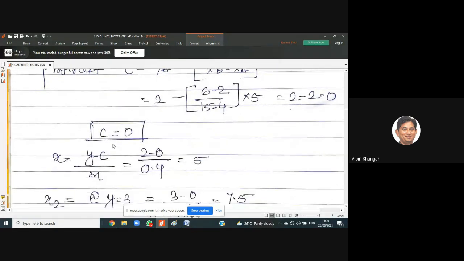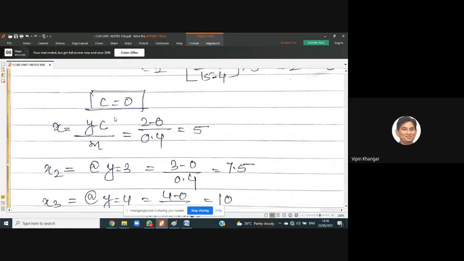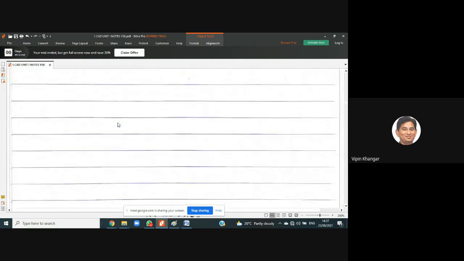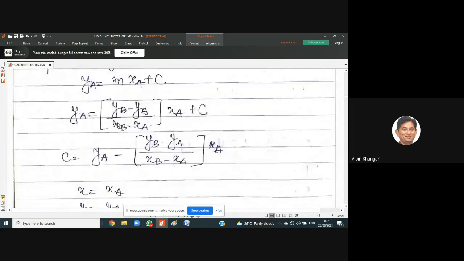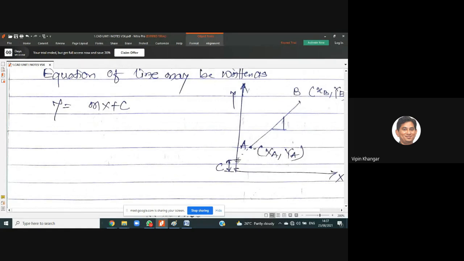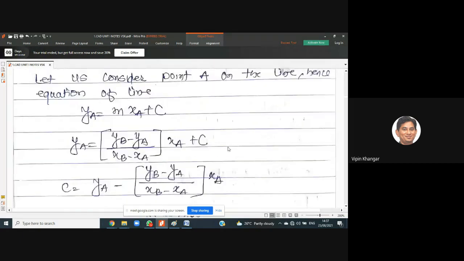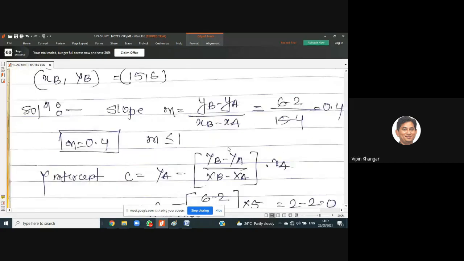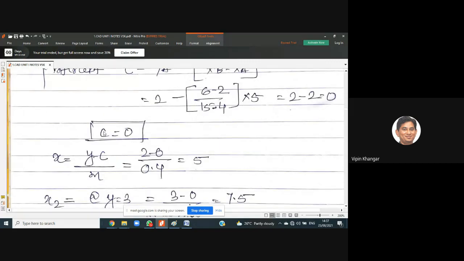So basically y-intercept is 0. We need to understand one more example which is having some finite value when you talk about the y-intercept. So here, when you get c is equal to 0, what does it mean? We'll just go back to our graph, that is the equation of line, only then you'll understand this one. Okay. So basically it's crossing the y-axis at some point. But since this value is 0, definitely your line is passing through the origin. So in that case the y-intercept, that is nothing but c, has value 0. So coming back to our numerical, okay. Here we got the y-intercept c is equal to 0.